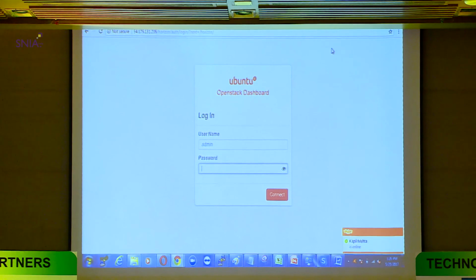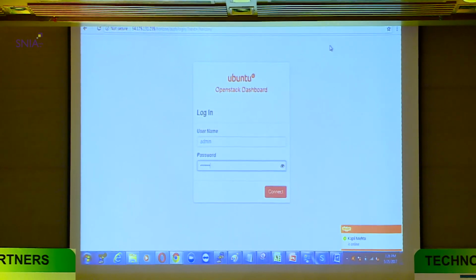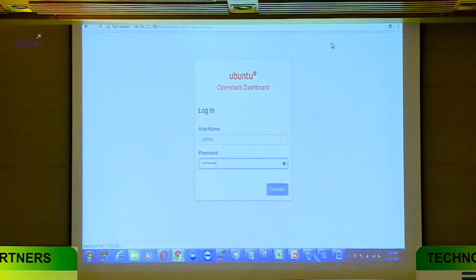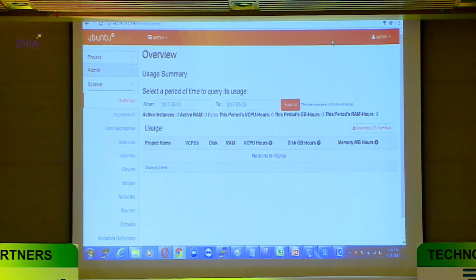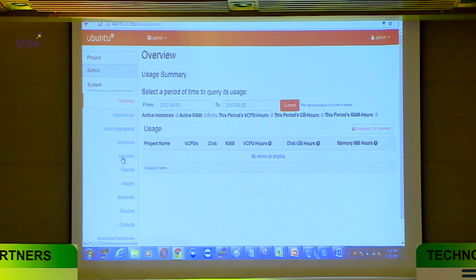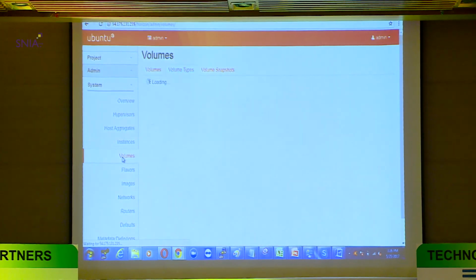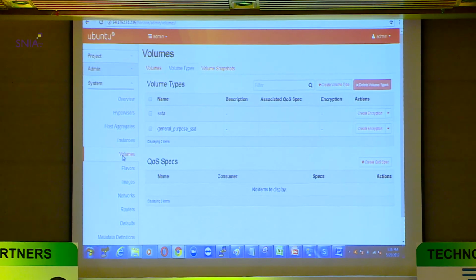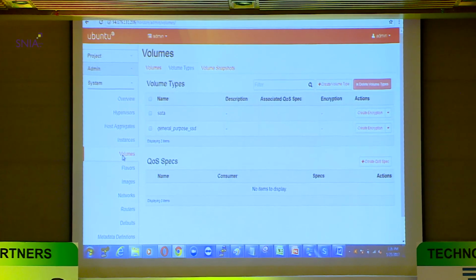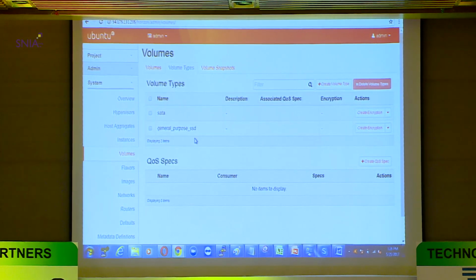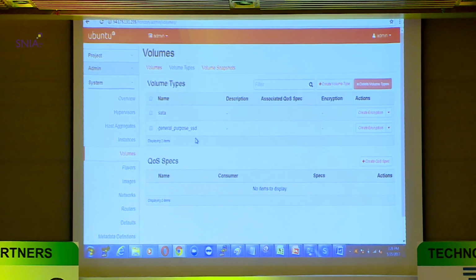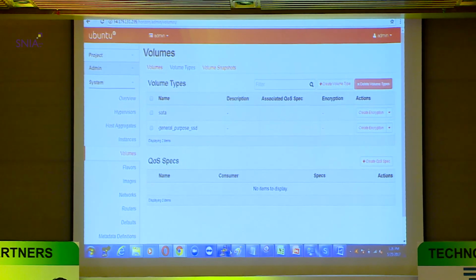So I'm going to log in as administrator here. If you notice, from an admin perspective, I've created two kinds of storage systems here. One is called SATA, another is general purpose SSD. Just for demo purposes, there are two different backends here at this moment. And the way it's configured is,